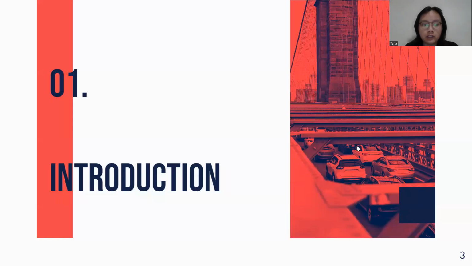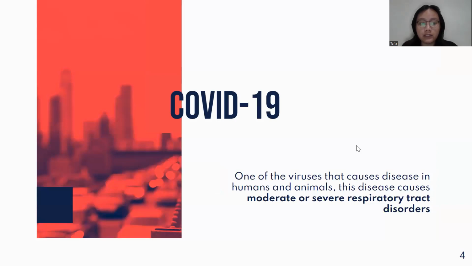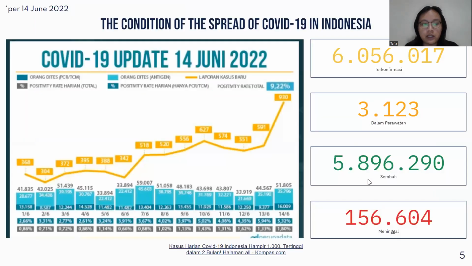First is introduction. So, COVID-19 is one of the viruses that causes disease in humans and animals. This disease causes moderate or severe respiratory tract disorders. The method of transmission of this virus is found to be through various media or intermediaries within a fairly short radius of infection. As of June 14, 2022, there are a total of